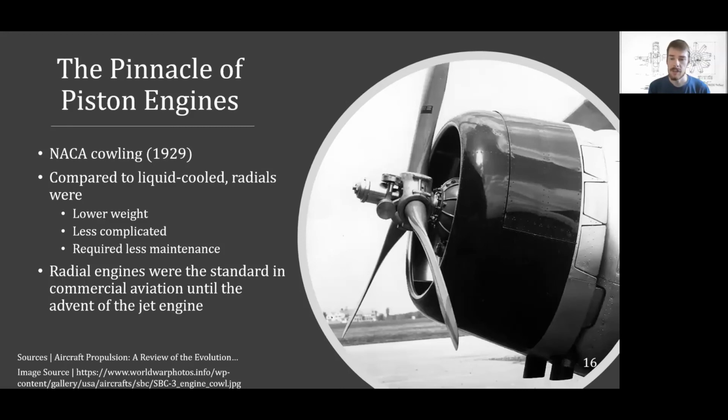One of the key advancements that was unique to radial engines was the cowling. The NACA cowling from 1929 really revolutionized these engines because it vastly decreased the drag that they created with their large frontal area. And in fact, it also improved the cooling by introducing some baffling into the cowling in the cylinders. And overall, once cowlings were added, radials were preferred to liquid cooled inline engines because